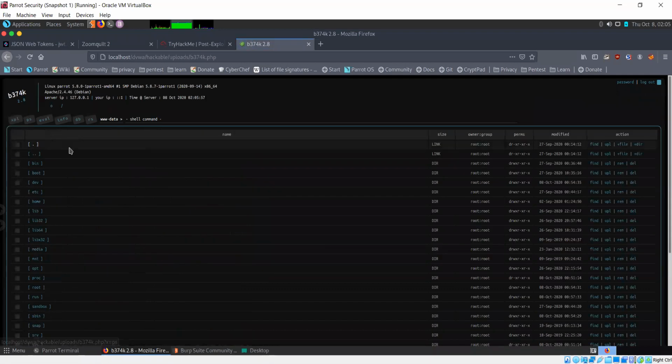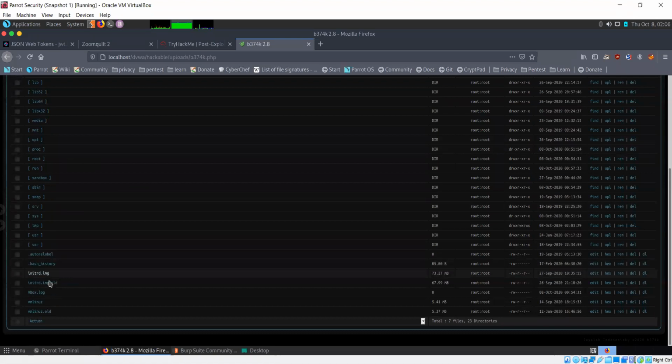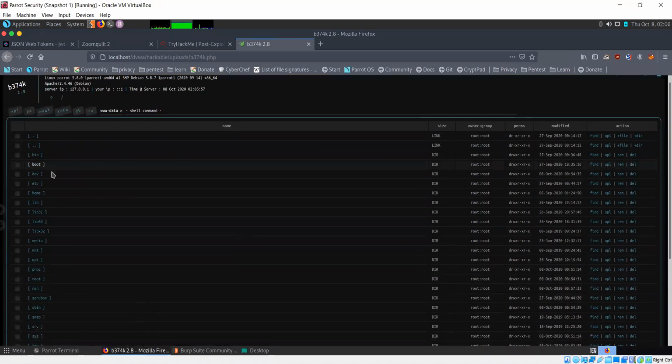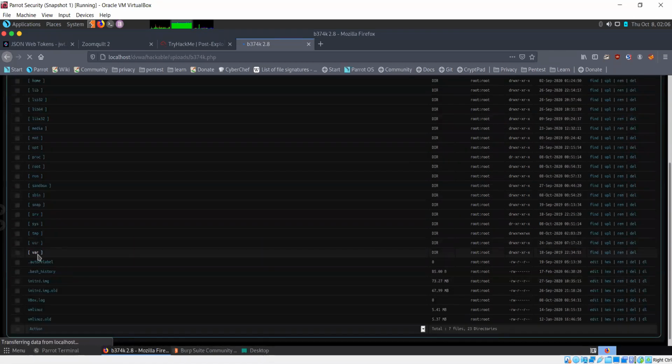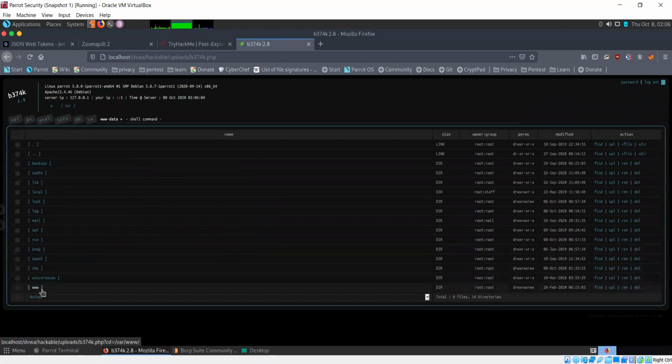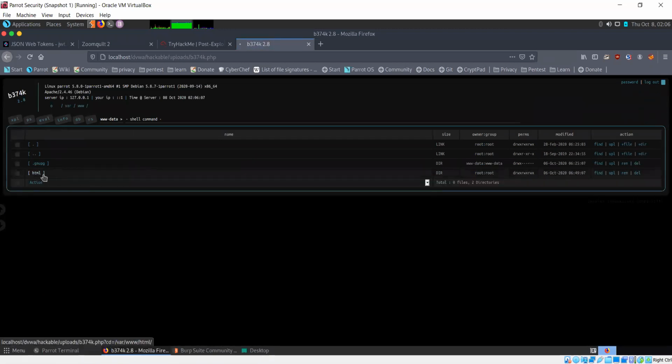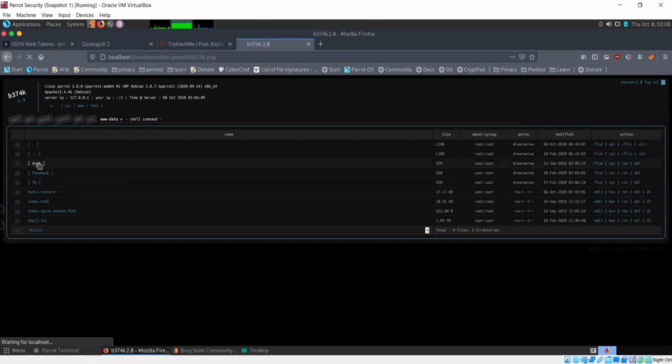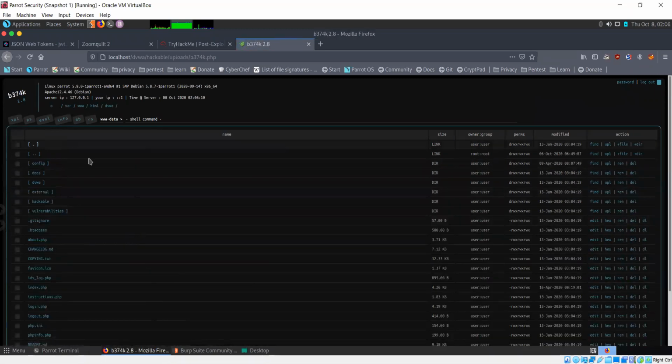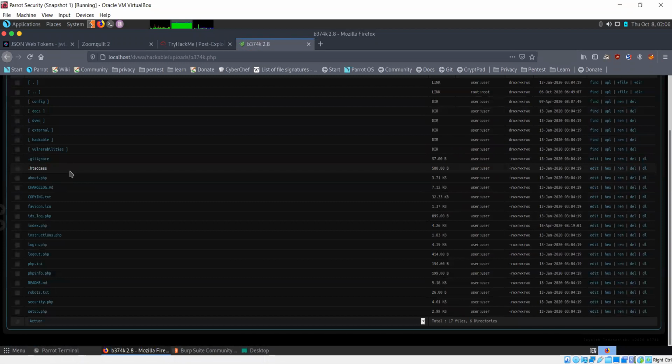Let's go to Explorer again. And if I go to var www html and dvwa, I can change whatever I want as well. So I can change whatever I want here.